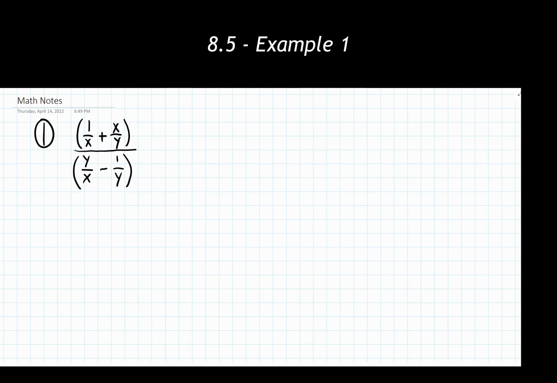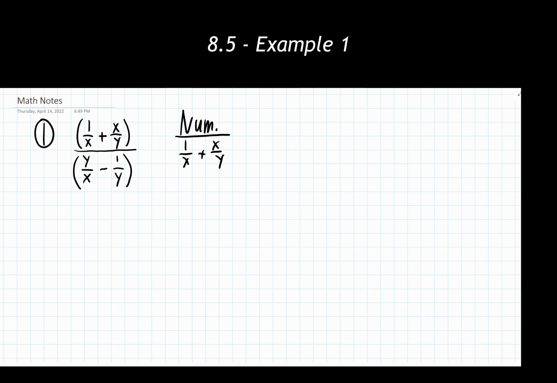So our first step in our process, we're told to simplify the numerator and the denominator individually. My recommendation with how to organize this for yourself is, I'll show you here. You're welcome to use this, you're welcome to modify it, it's your call, but something along this line is generally very, very helpful. So I'm going to work with just the numerator here first. I'm just going to write num for numerator, and I'm going to rewrite the numerator exactly as it was given to me right here. And I'm just going to simplify this thing down and show all of my work for that. I'll then do the denominator all over here.